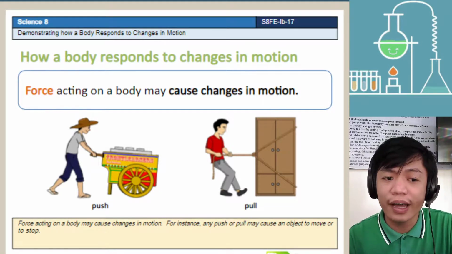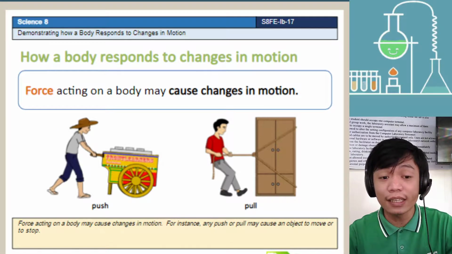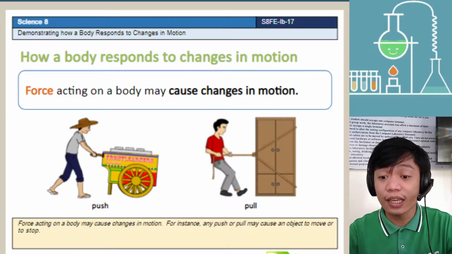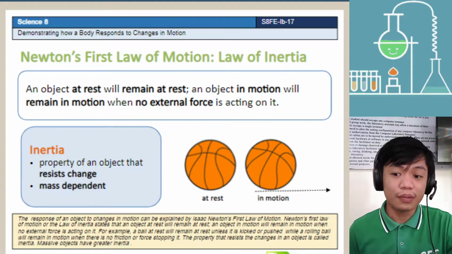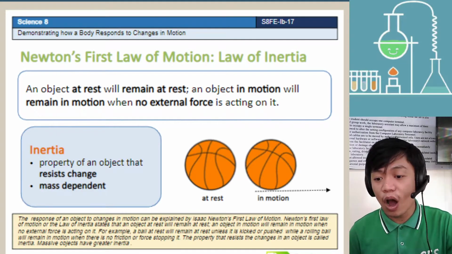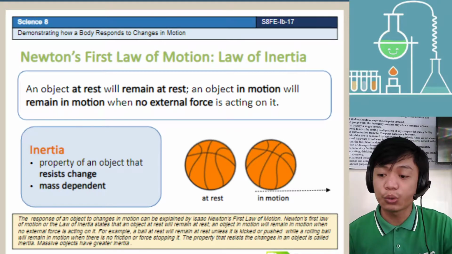So, how do we define force? Force is basically the push and pull. And force causes an object to change in motion. So, again, the force changes the object's position, and that causes motion. Now, the response of an object to changes in motion can be explained by Isaac Newton's